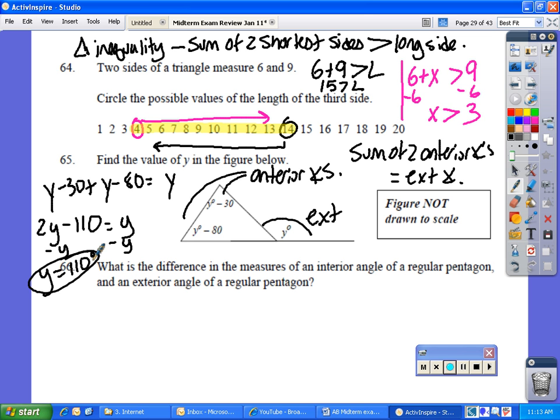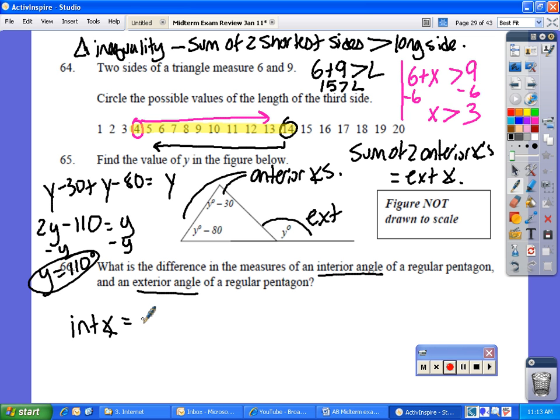Alright, finally, number 66. What is the difference between the measures of the interior angle of a regular pentagon and the exterior angle of a regular pentagon? So first of all, we should find the interior and the exterior angles. The interior angle